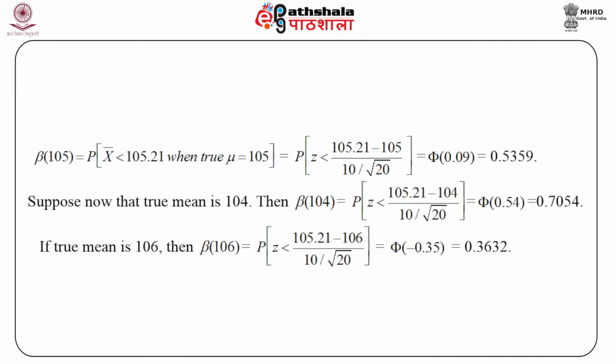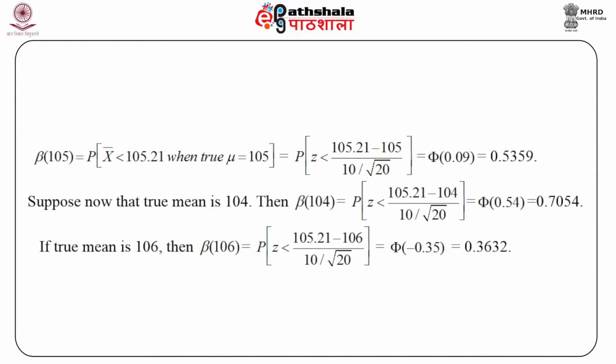Now suppose that the true mean is 104. Then beta 104 will be equal to the probability of z less than 105.21 minus 104 upon 10 divided by under root 20, which is phi of 0.54